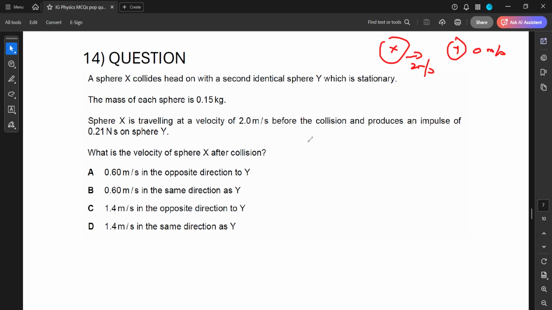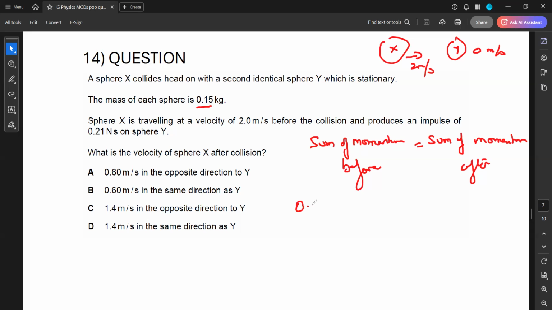If I use the conservation of momentum, the sum of the momentum before must be equal to the sum of the momentum after. Now, the sum of the momentum before: the mass of the object is 0.15, so this is equal to 0.15 multiplied by